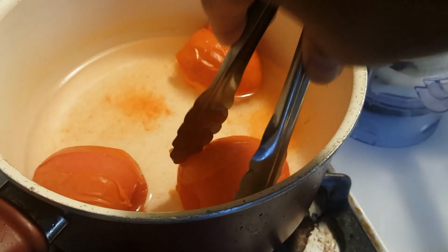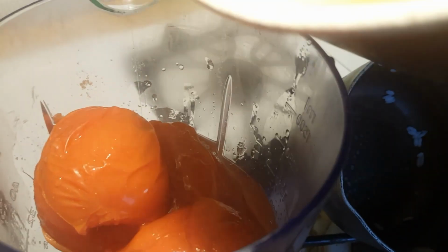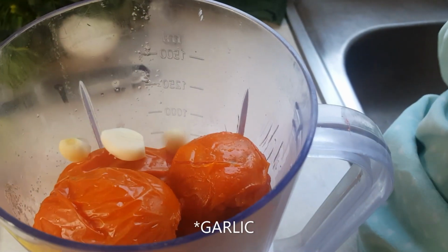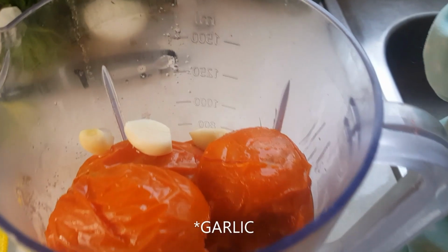Guys, here you see my tomatoes done. Skins are burst on them. That's perfect. We're going to put those in a blender with about a quarter of an onion. And I'm going to add a little bit of this liquid from the tomatoes in there as well, as well as 3 garlic cloves. And we're going to go ahead and get that blended up. And this is going to be our